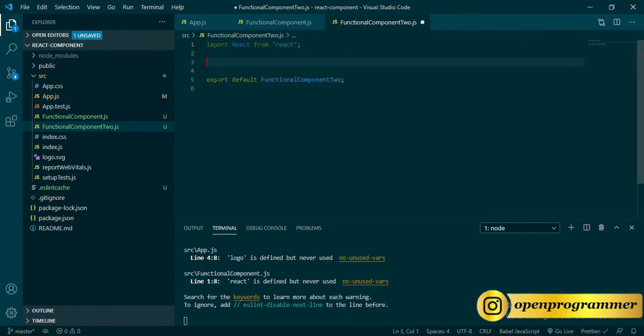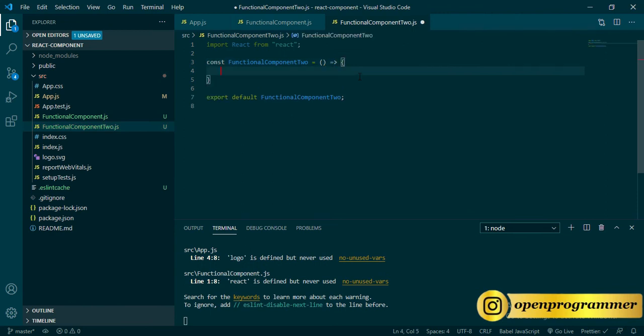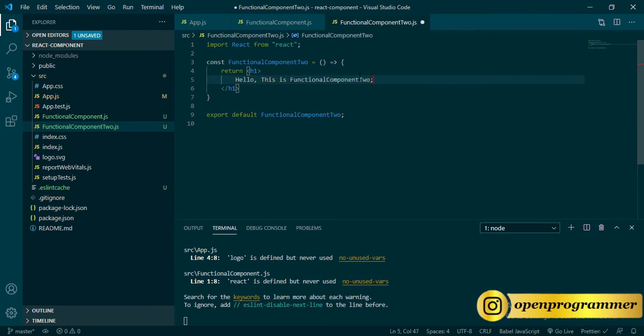The second way is const, the function component name, return h1, hello. This is functional component 2. So this is the arrow function syntax to create a functional component.